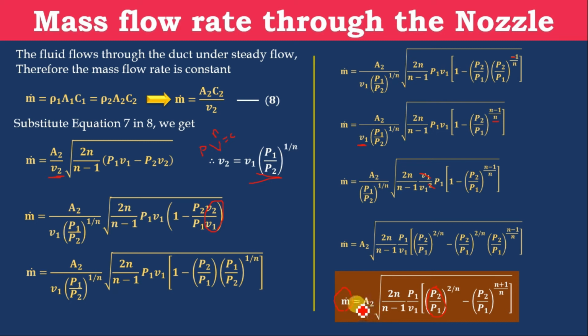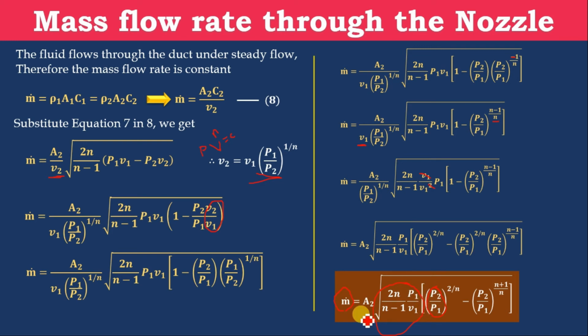We are talking about only mass flow rate per unit area divided by A2. If P2 divided by P1 is equal to 1, then again there is no mass flow rate in the nozzle. Choking takes place inside the nozzle. So P2 divided by P1 should be greater than 0 as well as less than 1. Here the rest of all parameters are constant because they are inlet conditions.